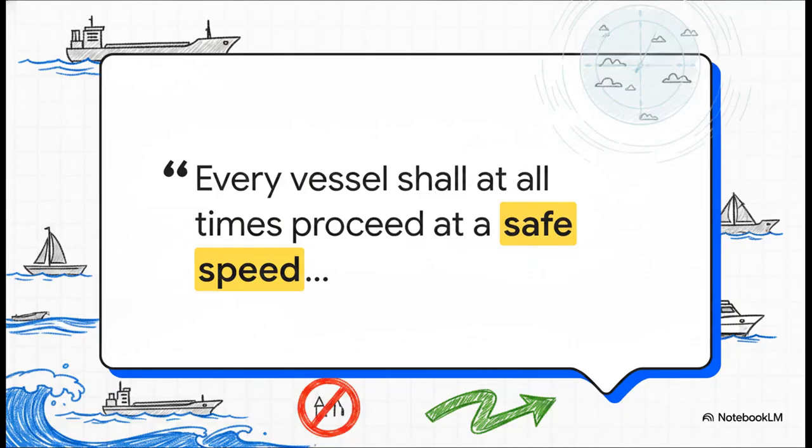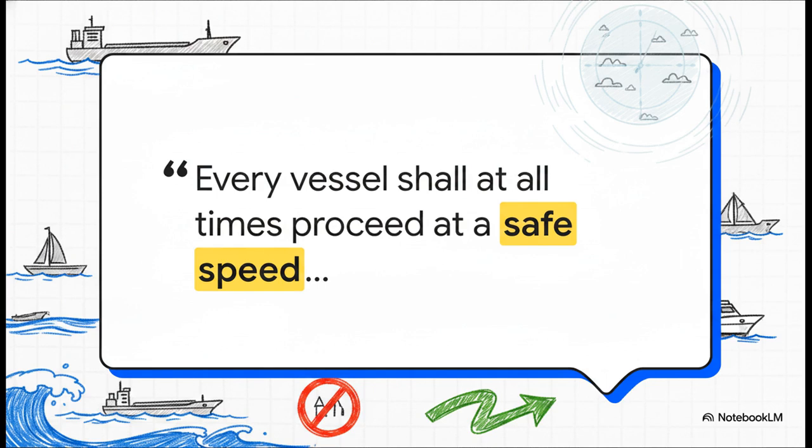The official legal mandate states, and I quote, "Every vessel shall at all times proceed at a safe speed so that she can take proper and effective action to avoid collision and be stopped within a distance appropriate to the prevailing circumstances and conditions." Now, did you notice what's completely missing from that sentence? A number. There's absolutely no speed limit sign of 20 knots bobbing on a buoy out there. Safe speed is a conditional state. It's this constantly shifting target that demands an operator's full, undivided attention, based entirely on the environment they're navigating through